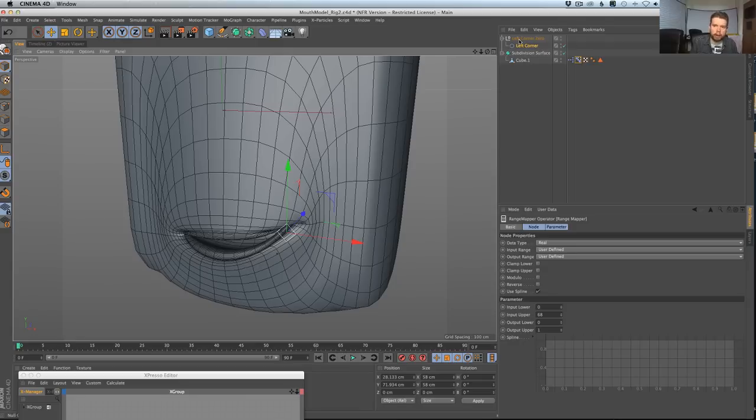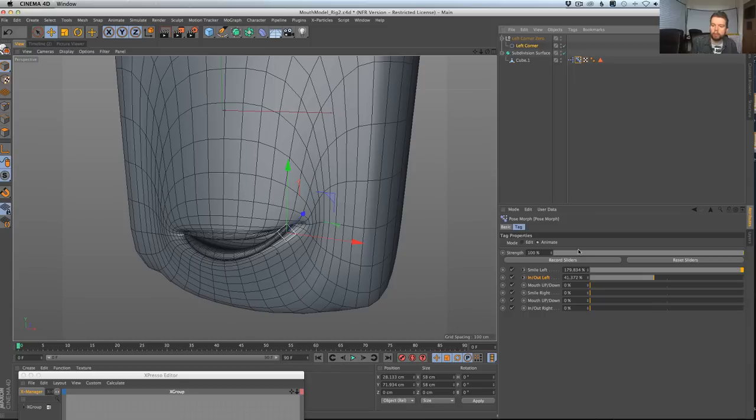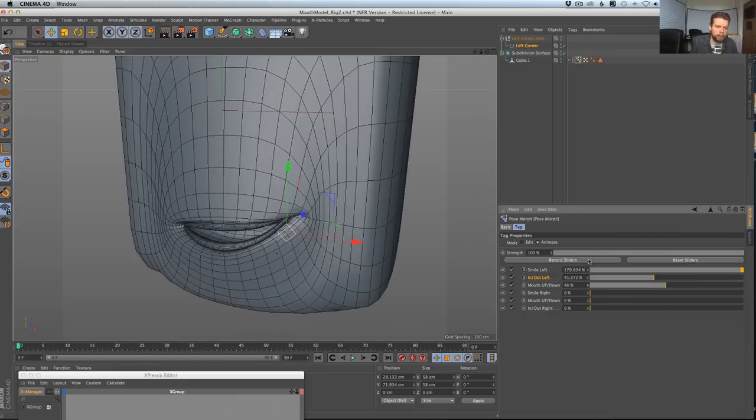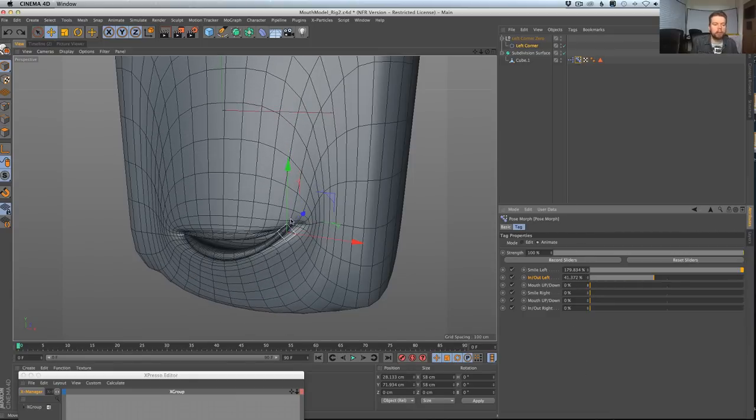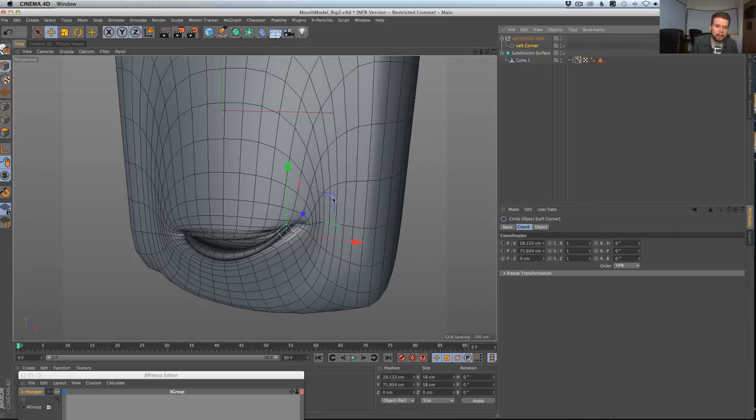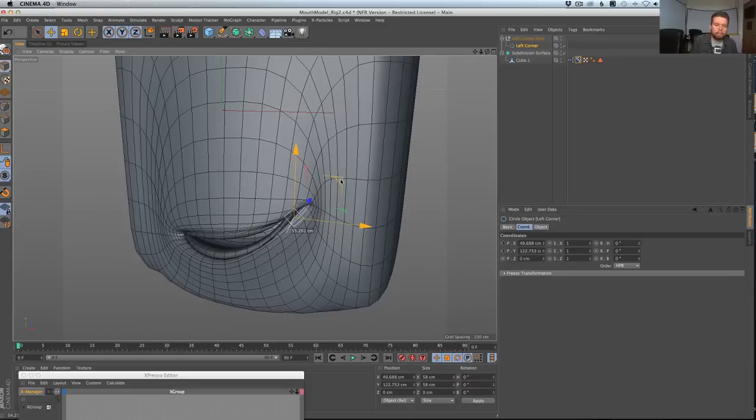In fact, what I'd probably do is have a spline that's a parent of this one and that one, and then that spline would control the mouth up and down, which actually got mirrored, so we'd actually delete one of those. But the whole mouth could move up and down based on a different spline moving up and down. We have to do the mouth moving left and right as a whole, and that could be controlled via another one. So it can really just start adding up to the point where you get lots and lots of controls.